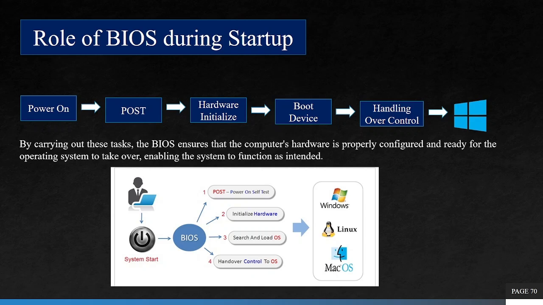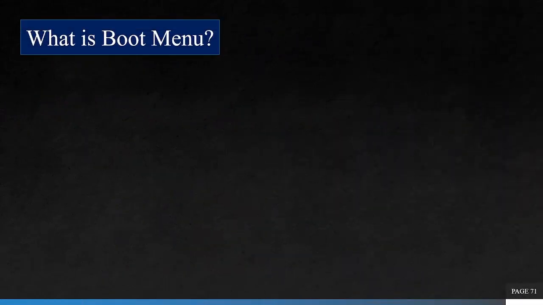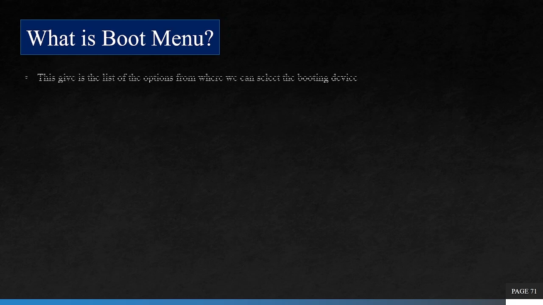Within this whole process, one more thing you all need to know is the boot menu. What do we understand by the boot menu? The boot menu is very easy to understand: it is a list of options from where we can select our booting device. We have just seen this during the bootloader, boot device selection. Select your boot device. What do you mean by the boot device? The device which holds the file of the operating system, or we say a bootable media. We will discuss it.